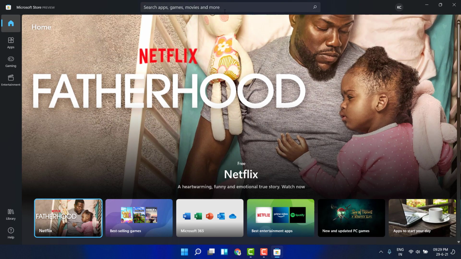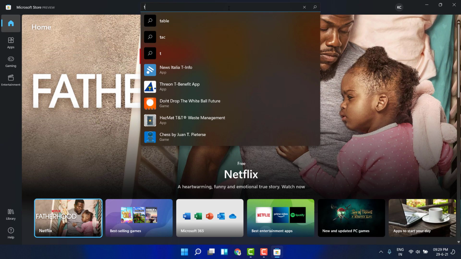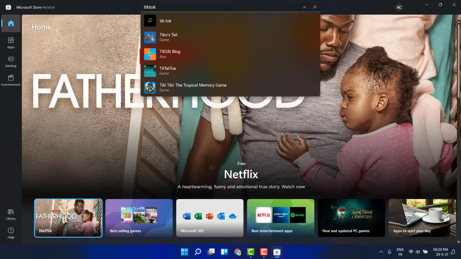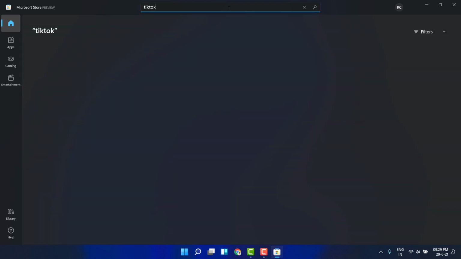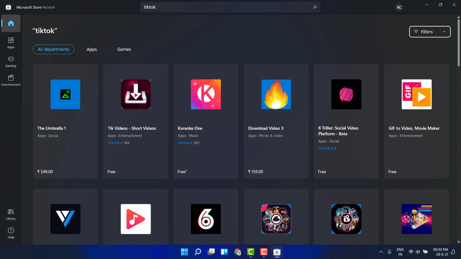Unfortunately, I couldn't find any of the applications shown in the Microsoft preview, like TikTok. Of course, I cannot download that as well because TikTok is banned in India. So yeah, I don't have any other option to show you.